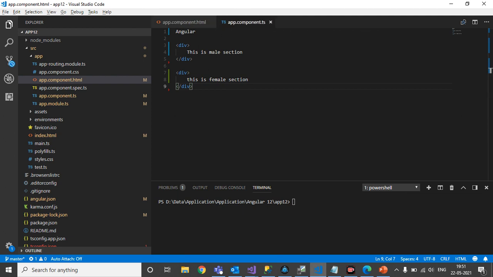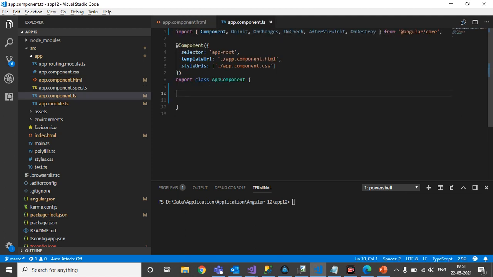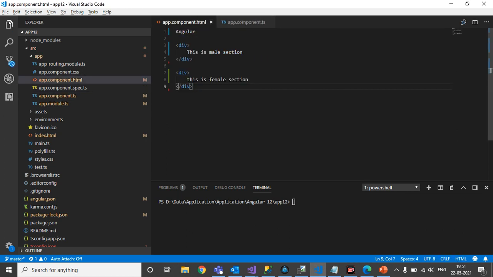So let's take one variable which holds the value true or false. On behalf of true or false, this div will be visible. Let's name it male, which is the boolean type, and set the default value to true. Save it. And back to your div, here we'll say asterisk ngIf and write the same variable.